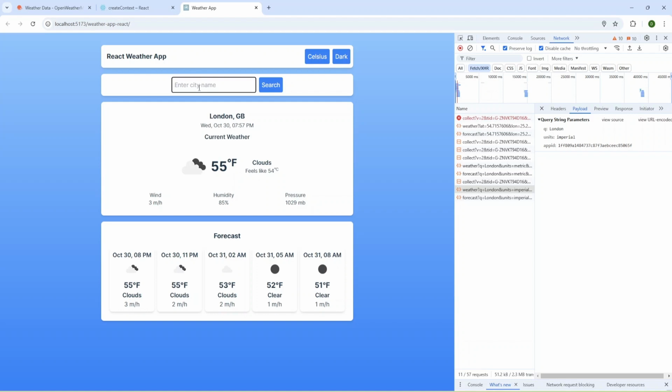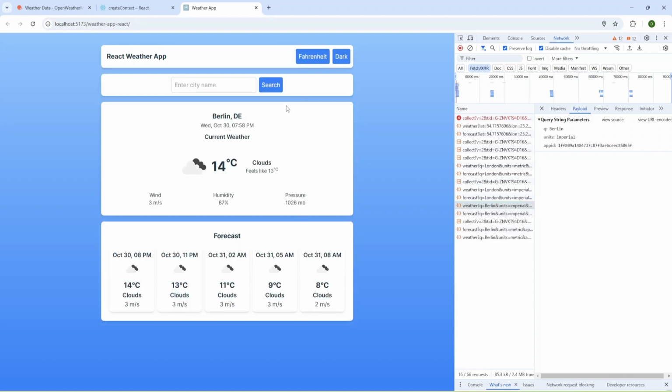And let me change the city to Berlin, and we have data for imperial, and we have Fahrenheit, and now I'm going to change Fahrenheit to Celsius, and we retrieved data for units metric, and let's change back to Fahrenheit, and now we don't have any requests because we use the query, and we use our data from the state.